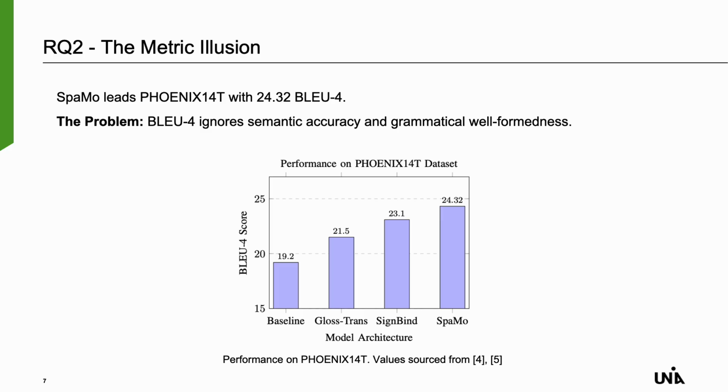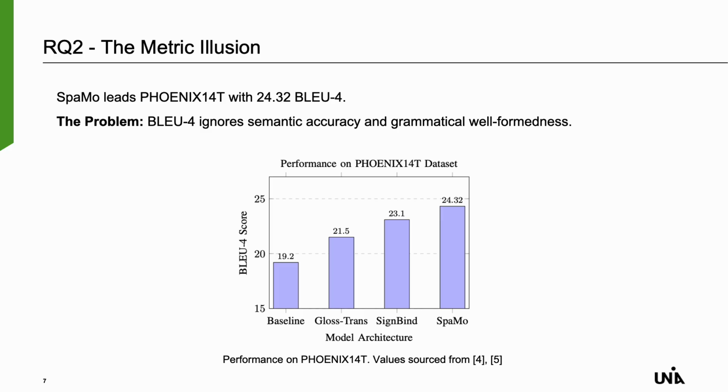However, we have to look at these models critically. I call this the metric illusion. The problem is that the BLEU-4 metric was designed for spoken language text, so it only measures semantic word overlap. It fundamentally ignores the grammatical well-formedness and visual syntax of sign language. So while an AI might score very well on paper, its actual real-world translation might still be incredibly confusing